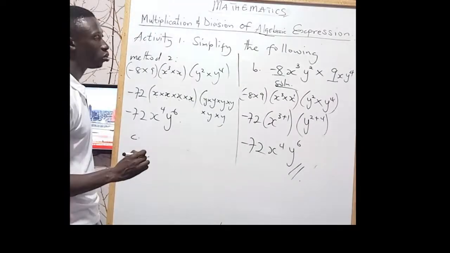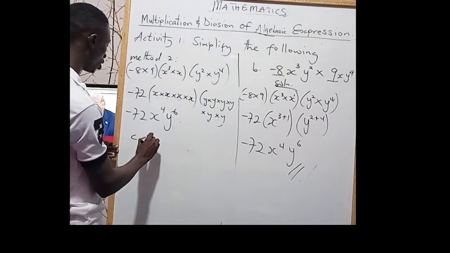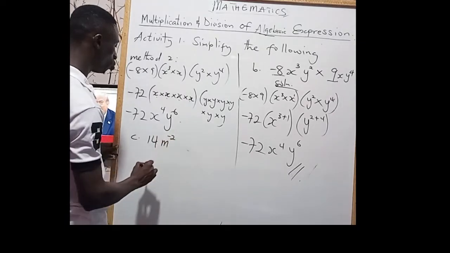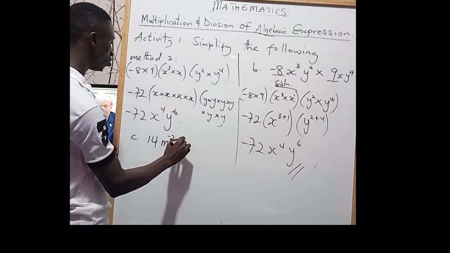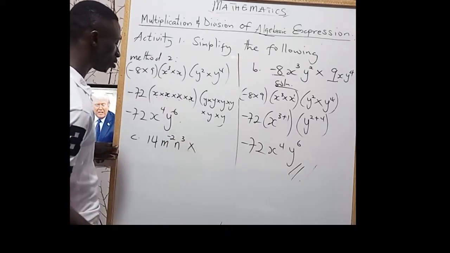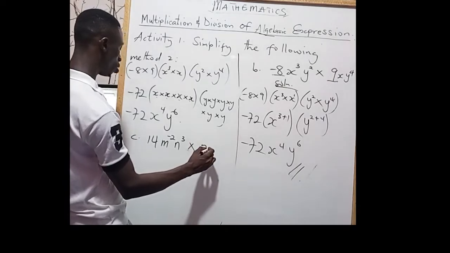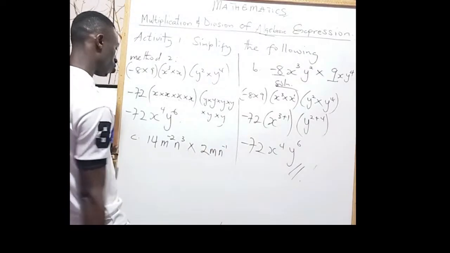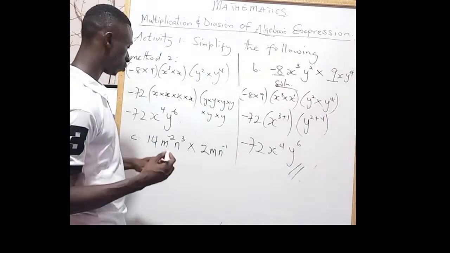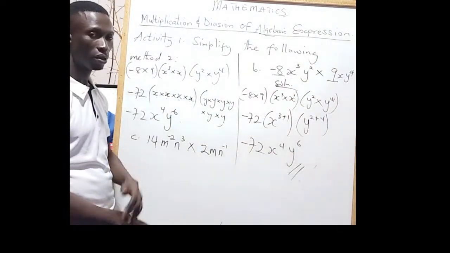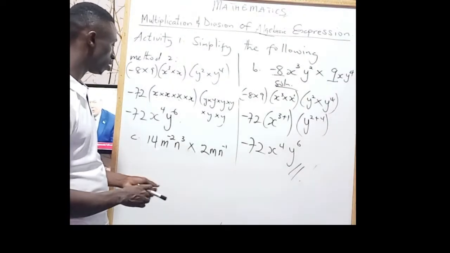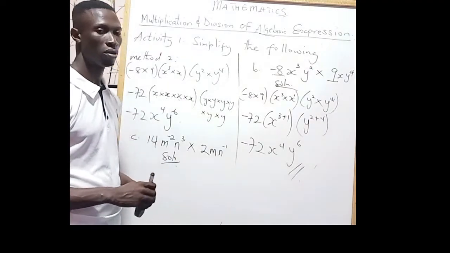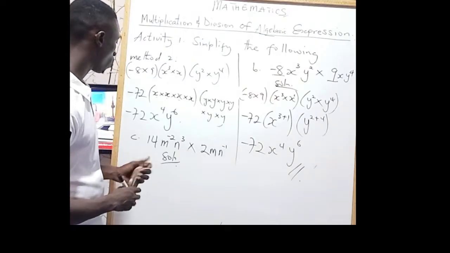Let's see. So we have 14 m power negative 2 n power 3 times 2m and then n minus 1. Okay, you see, solution. Now we have 14